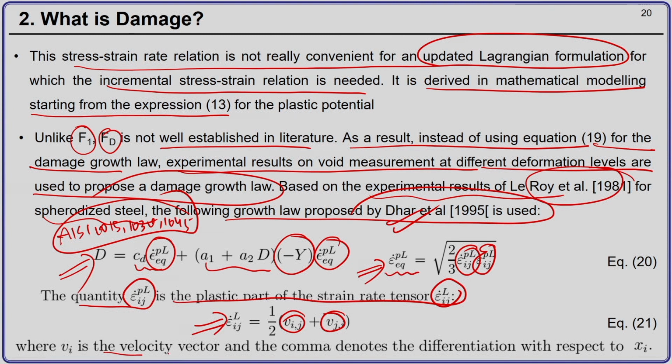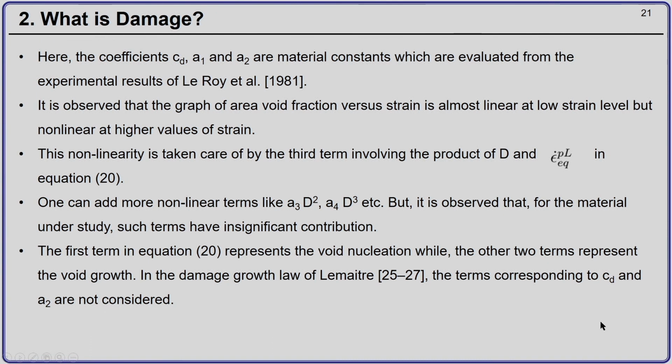So, vi is the velocity and comma denotes the differentiation with respect to x. Here the coefficients Cd, A1, A2 are material constants, which are to be evaluated from the experimental results, and for which we use the results of Leroy,